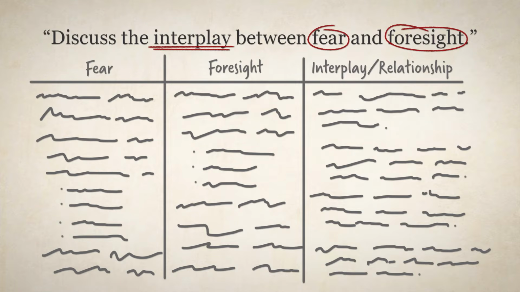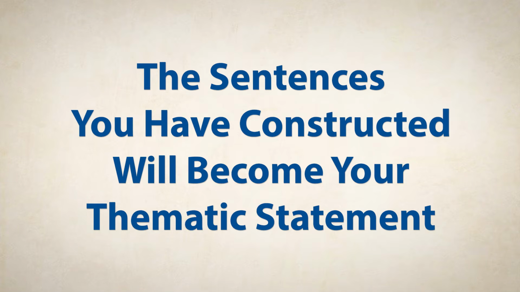Once your third column is constructed, you're going to bring those sentences down into your introductory paragraph. All of those sentences that you've constructed in that third column, and hopefully there's about 3 to 5 of them, that's called a thematic statement. Students often confuse a thematic statement with a thesis statement. They both start with T, but they're a little bit different. A thematic statement is what I, in simple form for students, like to call rumination on paper, or thinking on paper. You're having a discussion on paper about the ideas that you were presented with.